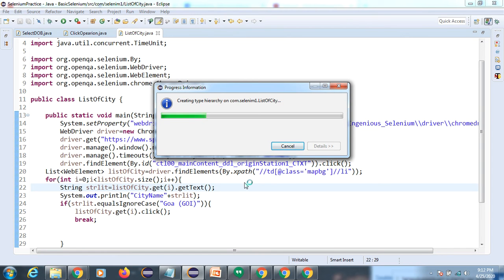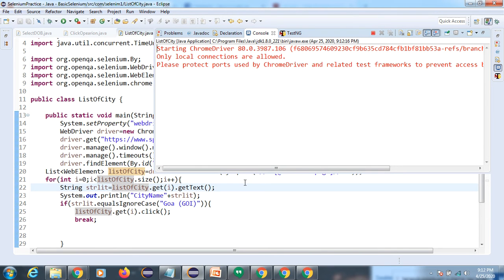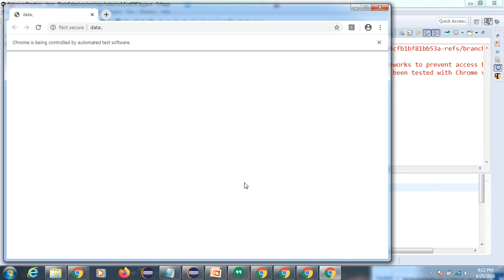Might be some spaces are there, so it is not executing, or it is not comparing that content. So I will select. If it will not select, might be some spaces or some issue, so that's why it is not comparing the element which is available inside this. So let's see.